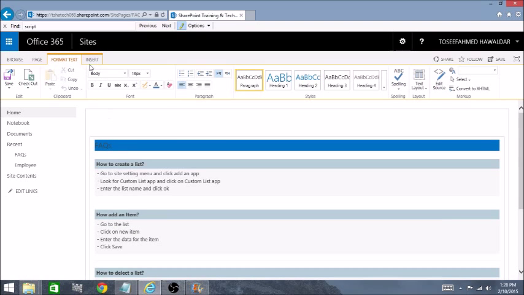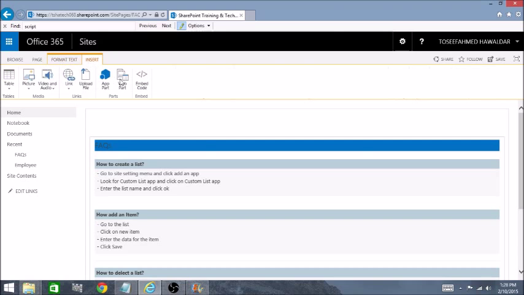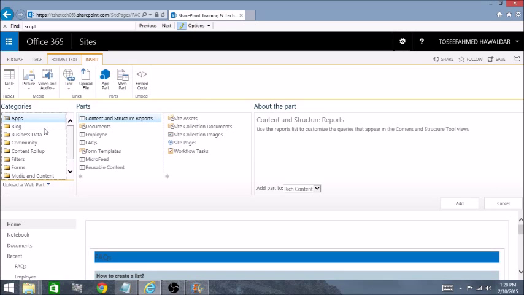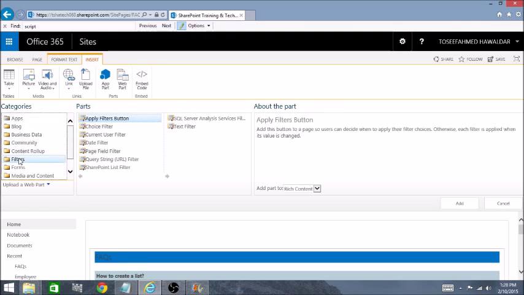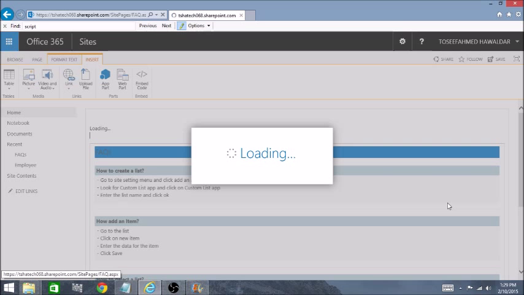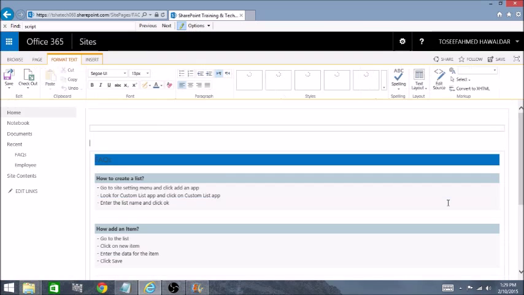Let's go to insert and then the web part. In the category section you will see filters category. In that you have a lot of filters here, but today we are targeting on SharePoint list filter. Let's select this and say add. Once we add this